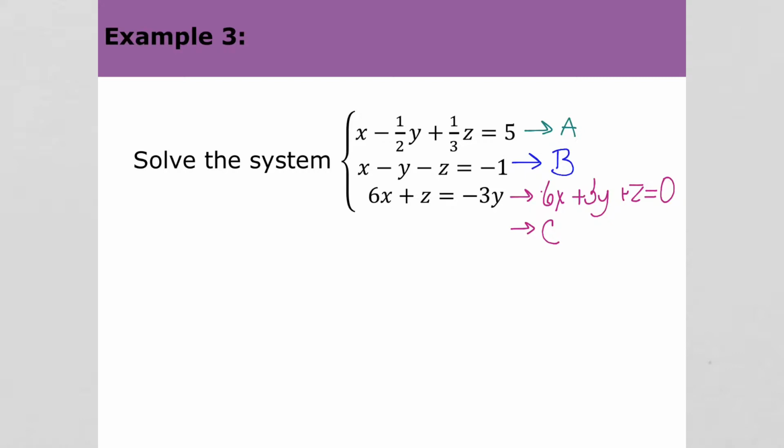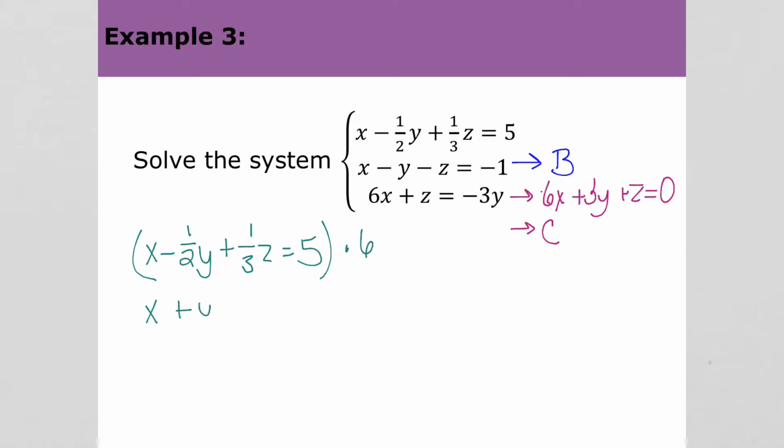So let's start by getting rid of z again. Oh, another thing that would be nice. Let's get rid of these fractions. They're a pain. So, to get rid of the fractions, we can multiply everything through by 6. Our common denominator would be 2 times 3, or 6. And that would give us